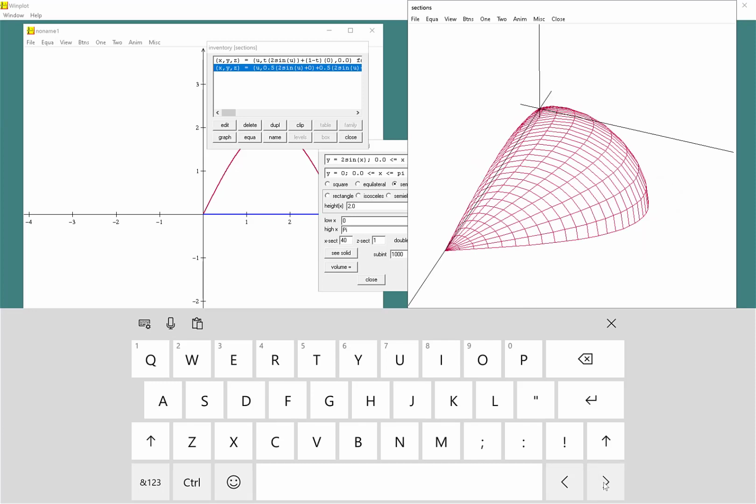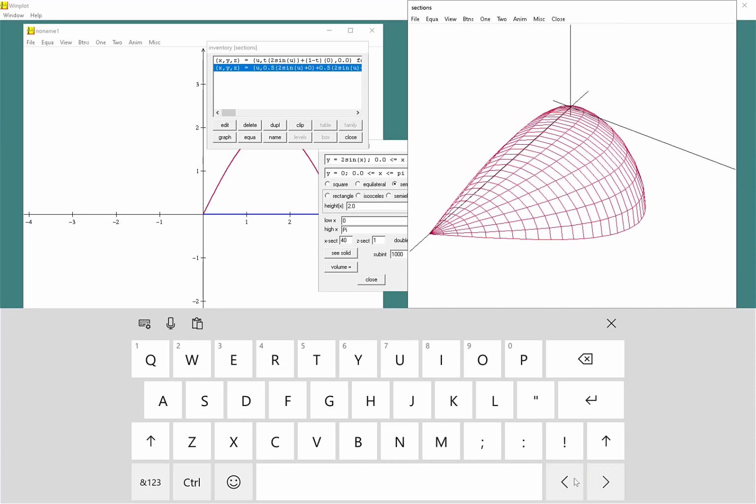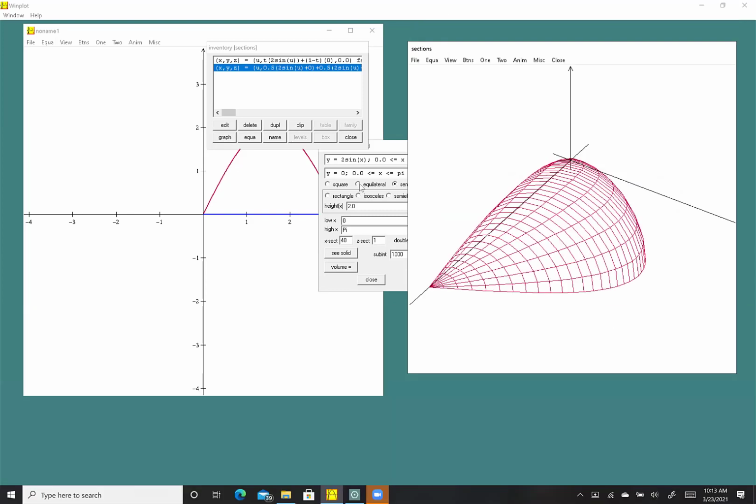I think they're coming out of the paper. They're going from the x-axis to the y equals 2 sine x. And that is the diameter. That makes sense? And as you get closer and closer to the endpoints, the semicircles are getting smaller and smaller. Cool or not cool? All right, let's get back to